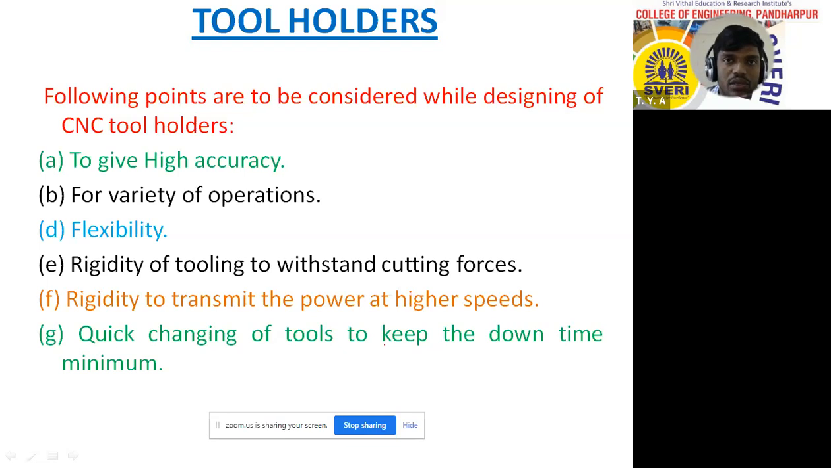So you should ensure that whatever tool holder you are going to design, it should withstand the highest